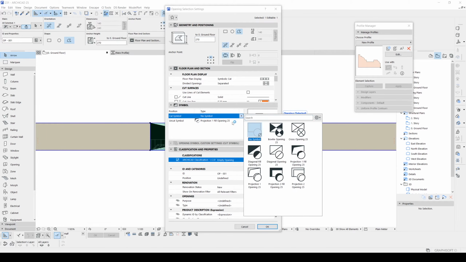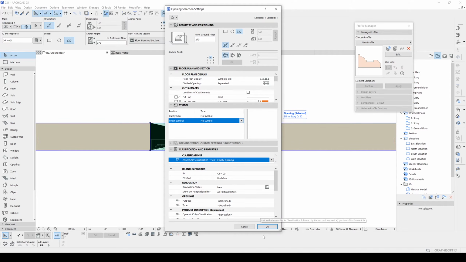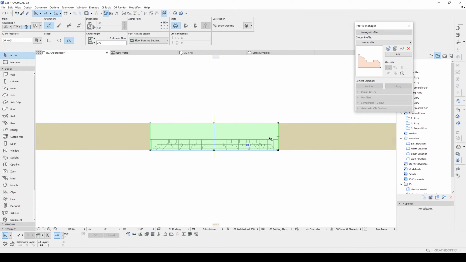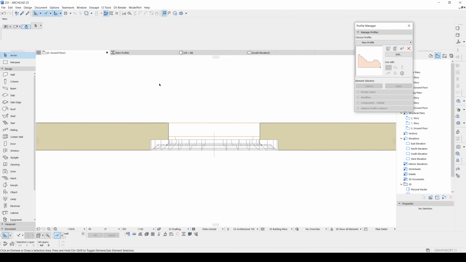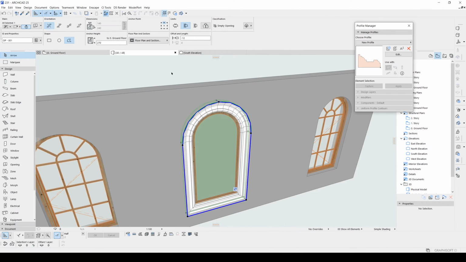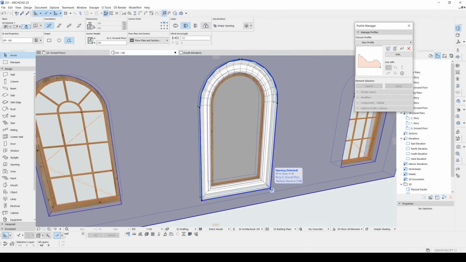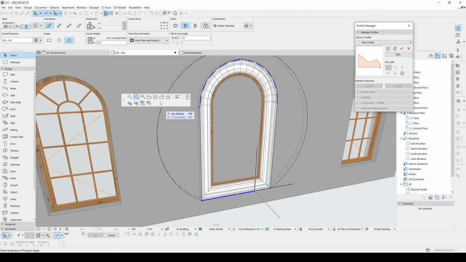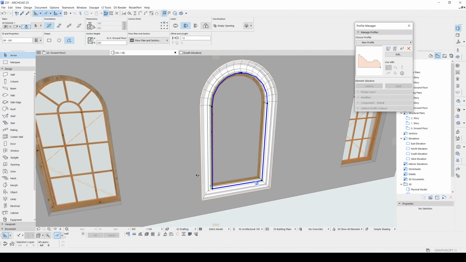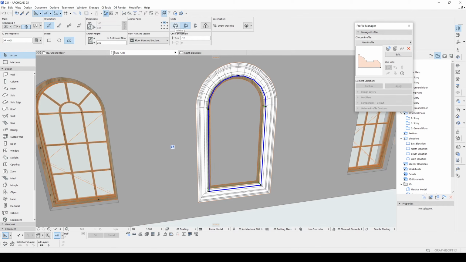I want to use this no symbol, but I don't need to cut all of the wall. Therefore, I will click this corner point and change its dip, just like this. If you get an error something like this, you can multiply your opening and offset inside, and after that you can click this limit.